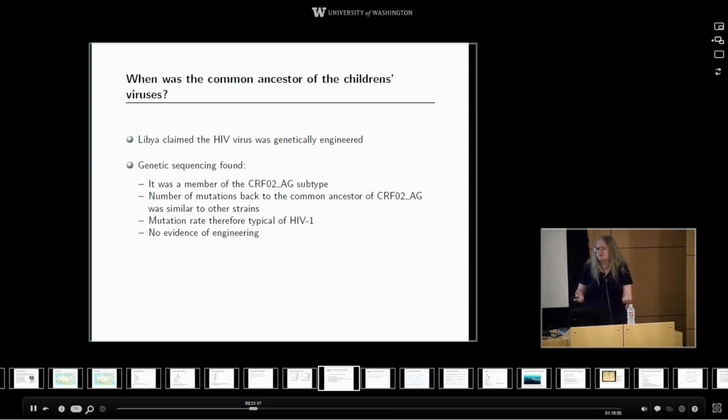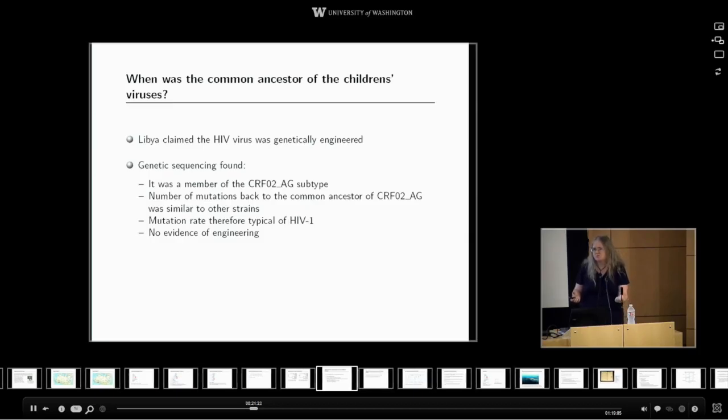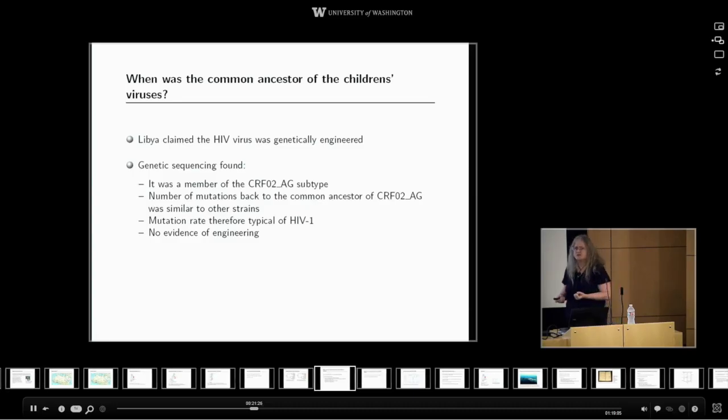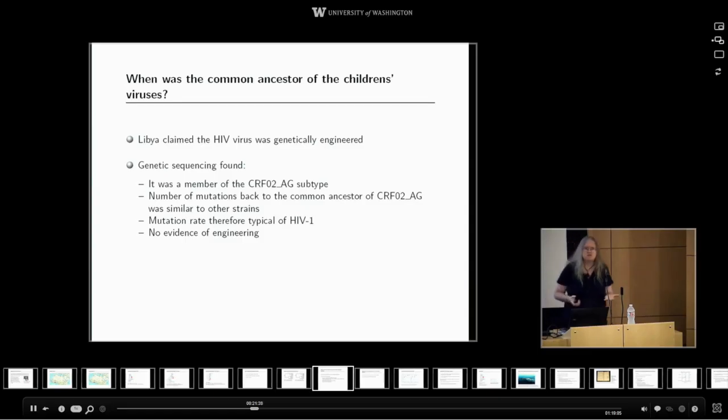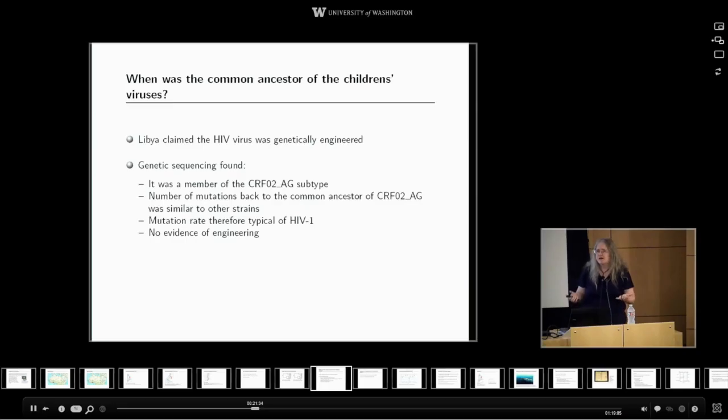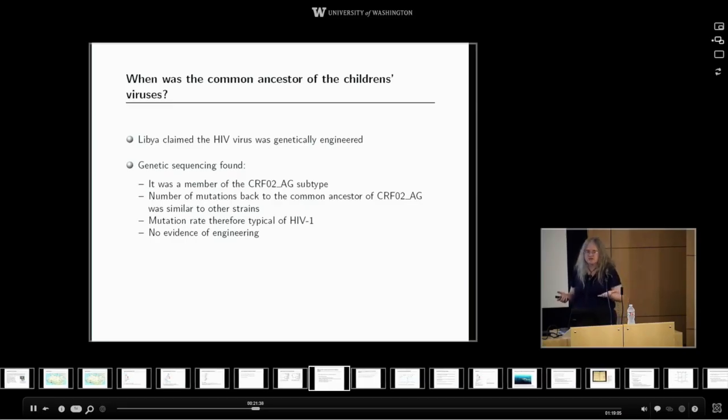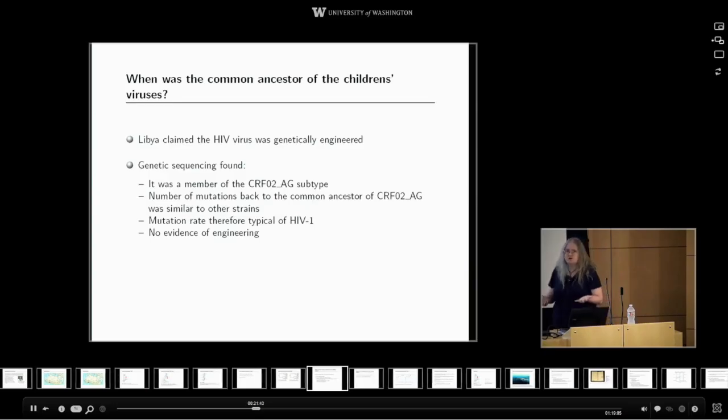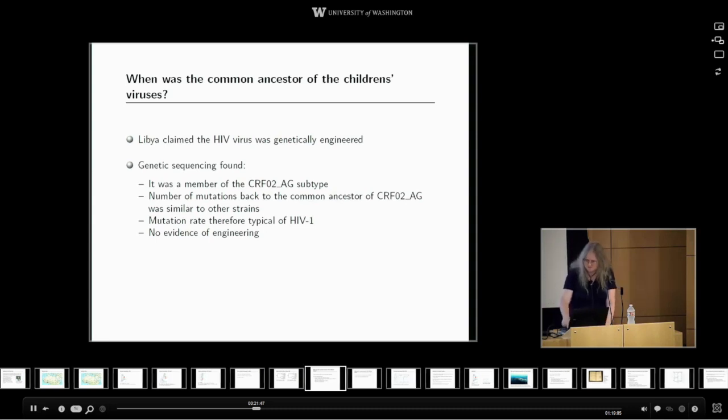It's the common ancestor of that strain was a certain number of years ago. I don't have it memorized, but maybe 40 years ago. And it has about as many mutations separating it from that common ancestor as any of the strains found in the wild. So there's nothing about the genetic sequence of it that makes us think it's some new thing whipped up in the lab. It looks like an HIV virus that you might very reasonably encounter in the wild in Africa. And therefore it was considered reasonable to assume that it's probably got the mutation rate of HIV viruses encountered in the wild.